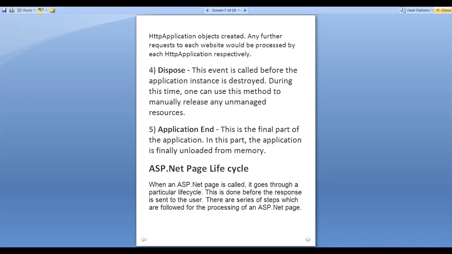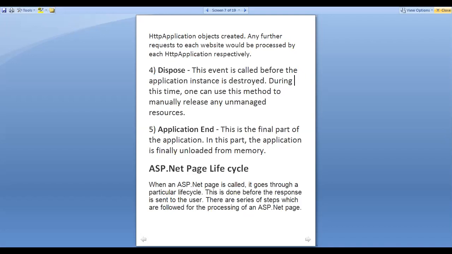So these are the main 5 steps of the application lifecycle. The steps are very easy. First, we run the application start method where all the global variables will be initialized. Second, all the required objects like context, response, and request, these 3 objects, are created in the second stage. Then in the third stage, the HTTP application object is created, which is used separately.